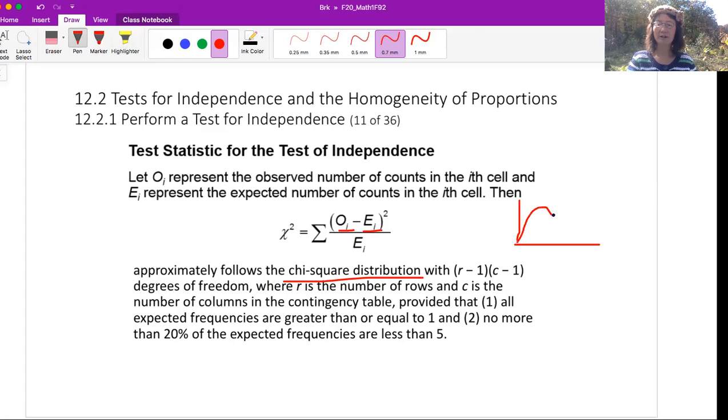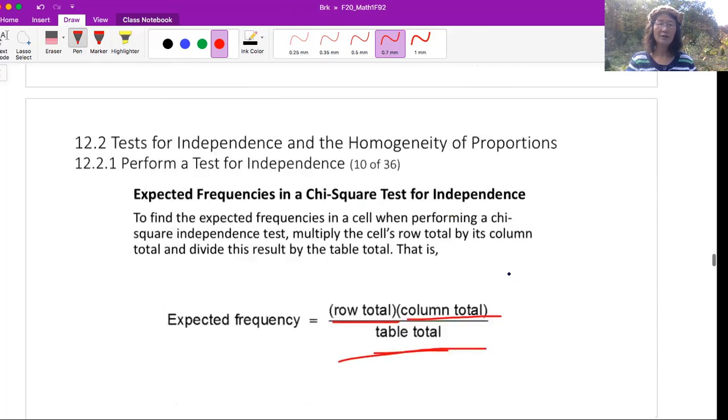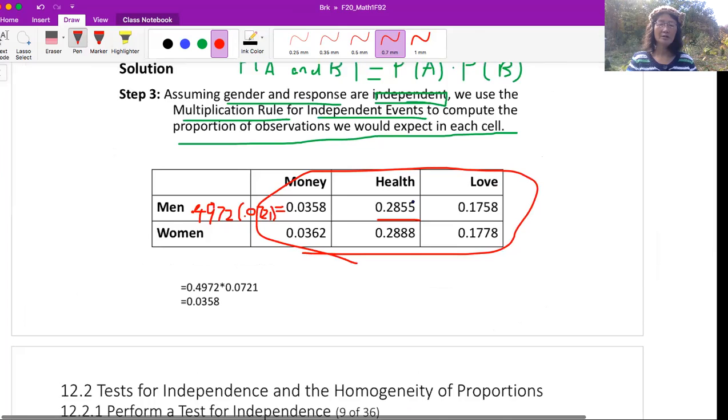which looks like this, the chi-square distribution, with the degree of freedom being the number of rows minus 1 times the number of columns minus 1. So for example, this question,